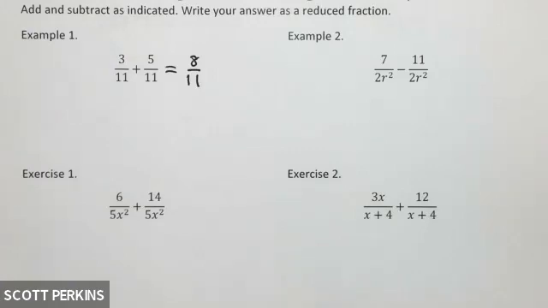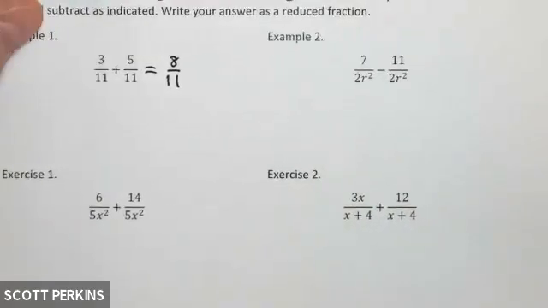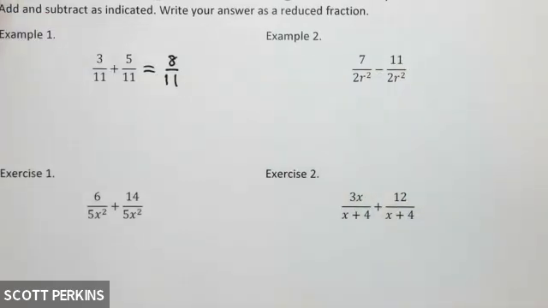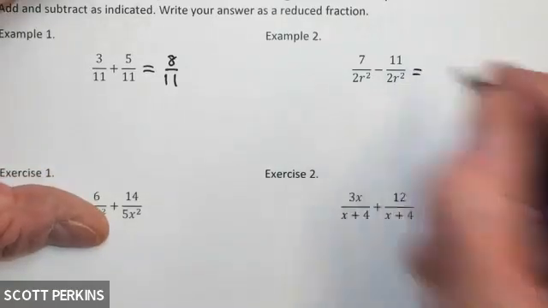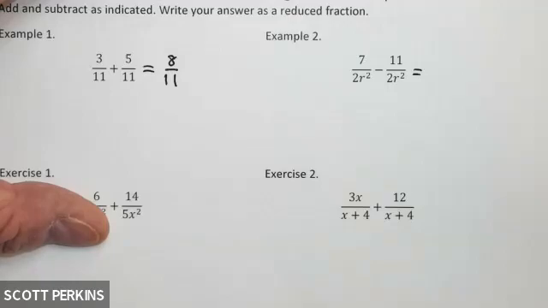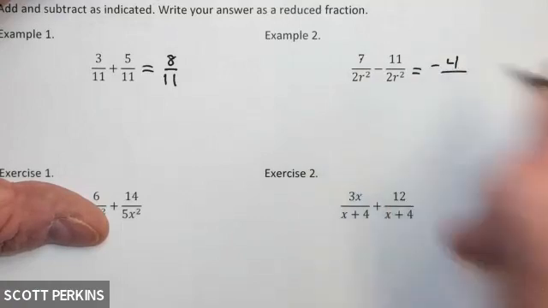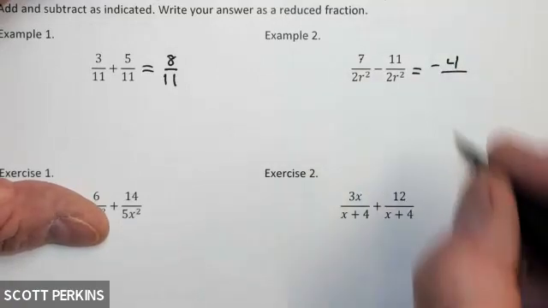So we're going to expand our little worldview here, and we're going to do the same thing with algebraic fractions. Once you have the common denominator, you either add or subtract the numerators and leave the denominator alone. My next example says I have 7 over 2r squared minus 11 over 2r squared. Are the denominators the same in this problem? Yes, quite obviously they are the same. And so now I'm just going to do the arithmetic. My numerators, I've got 7 minus 11, that's negative 4 over, and you keep the denominator the same, so 2r